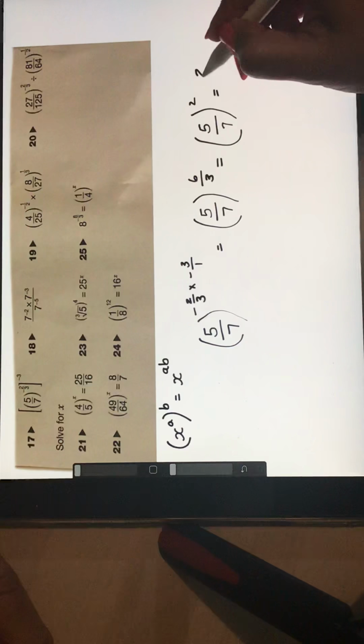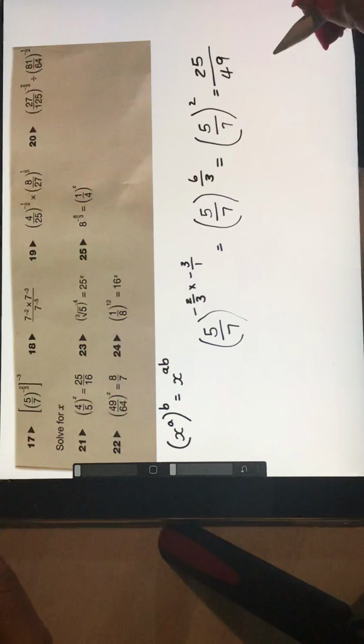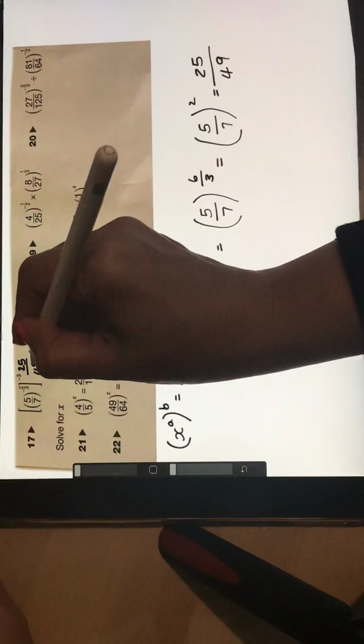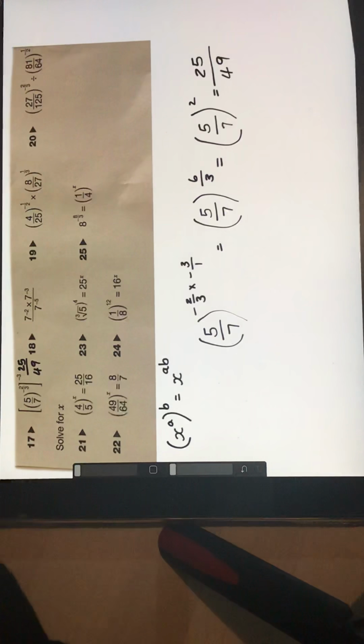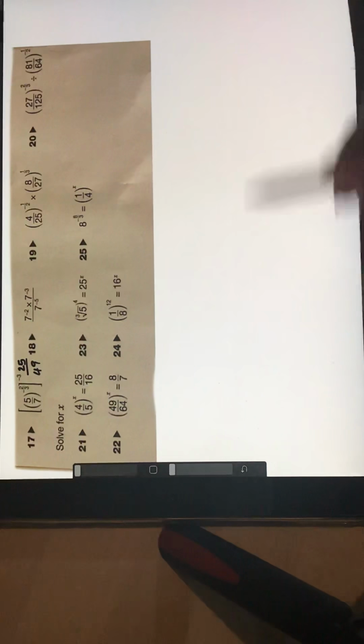Now all we do is simply multiply it out. 5 squared is 25, and 7 squared is 49. So your answer for number 17 is 25 over 49. Easy, straightforward, don't overcomplicate it. Just take it step by step. Okay, number